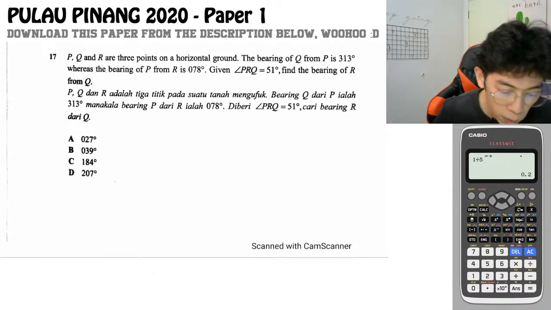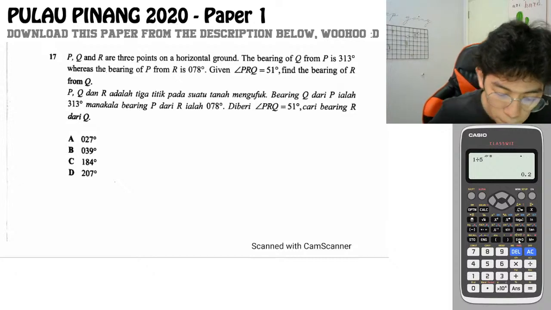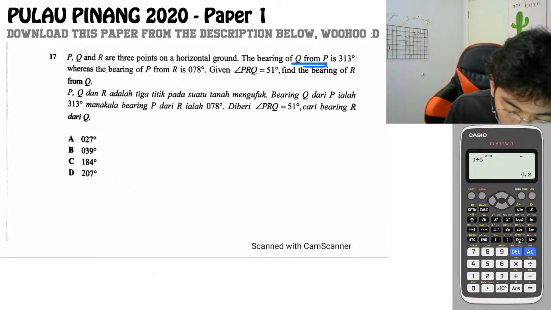So PQR are 3 points on a horizontal ground. The bearing of Q from P is 313, whereas the bearing of P from R